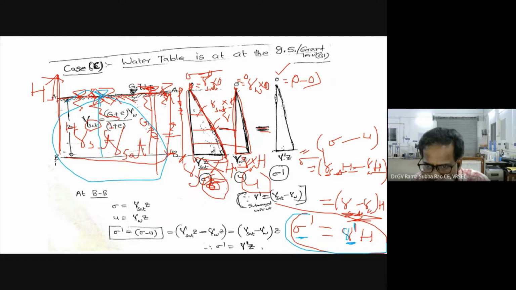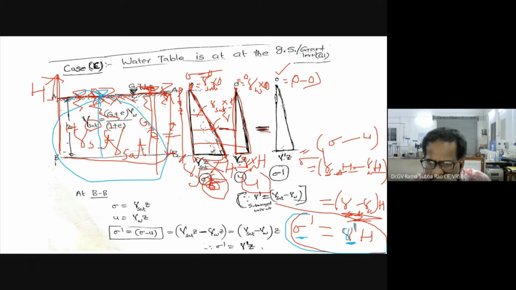Here you think that my body is wet, but in fact I am now drowned in a water body. So submerged means I was drowned. Saturated means my body is wet. So try to understand the difference between saturation and submergence. In fact, here the ground is submerged, not only saturated. That's where the original stress is effective stress.